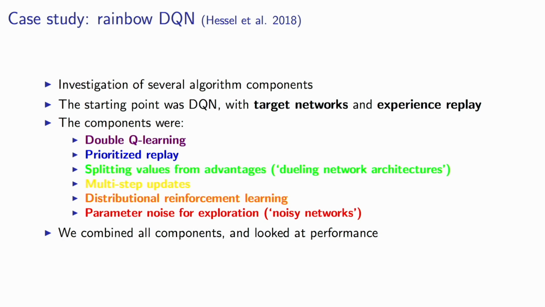One thing I want to mention here is that some of these you could think of as changing the reinforcement learning to be more aware of the fact that we're using, say, deep learning techniques and more or less standard deep learning optimizers under the hood. Sometimes it's better to change your algorithm a little bit. For instance, to change your loss a little bit, to be aware of that, so then it works better. This was part of the motivation of using experience replay and target networks in the first place in DQN. And in other cases, we might even change the deep learning side a little bit.